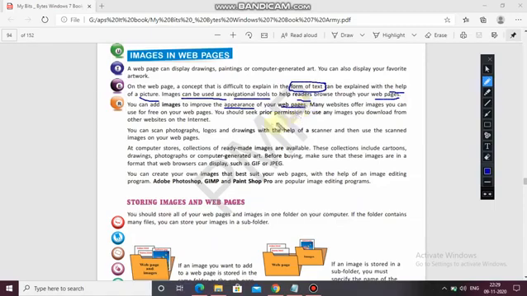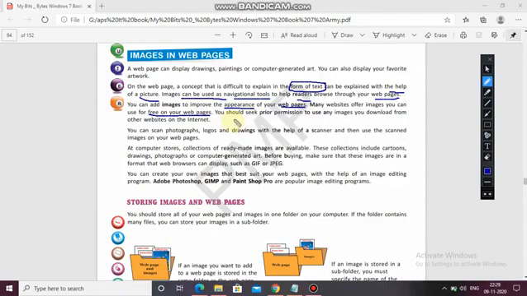Many websites offer images you can use for free on your web pages, which you can copy and save or download to your desktop, and then afterwards you can save